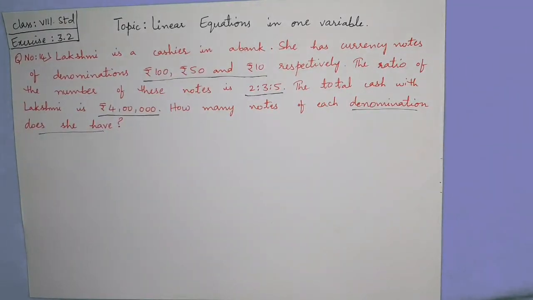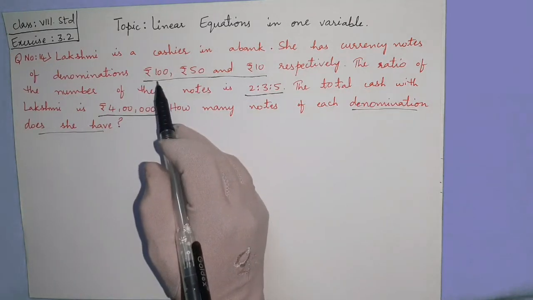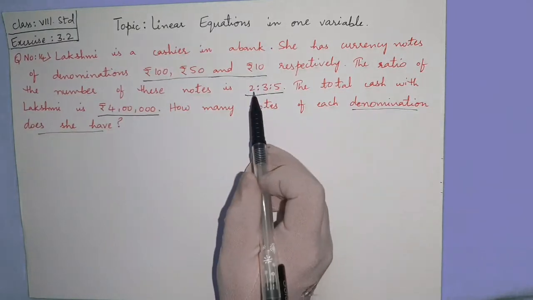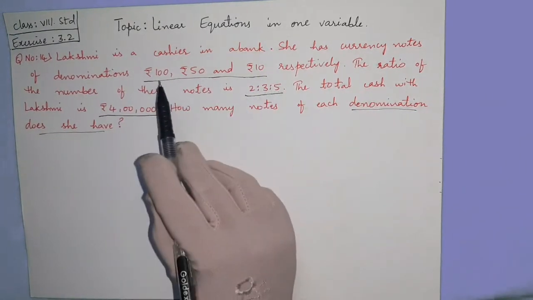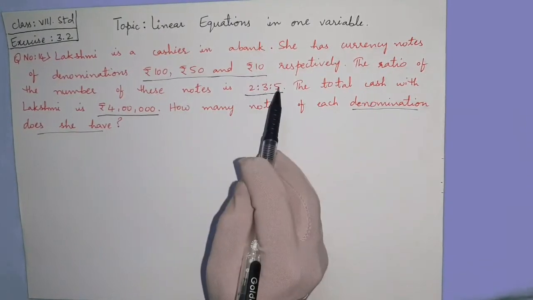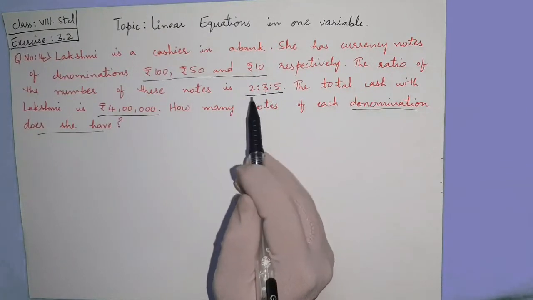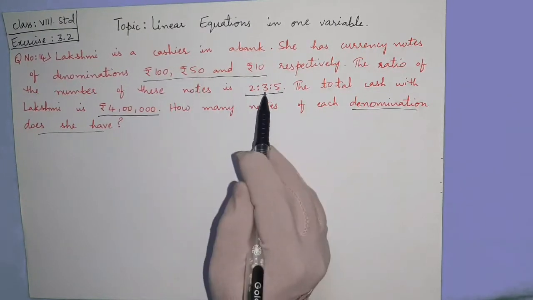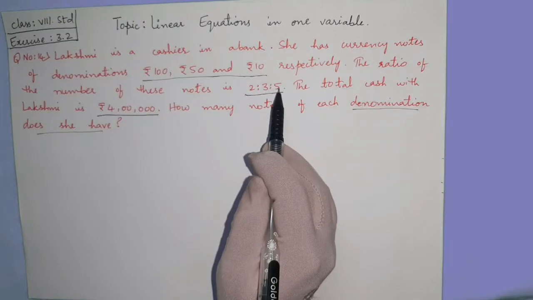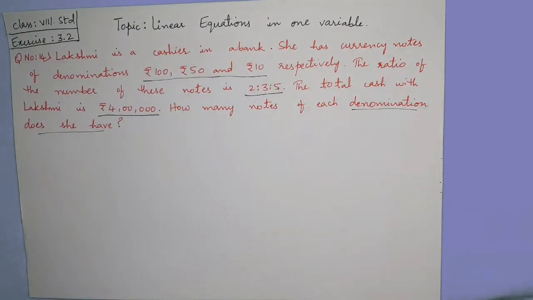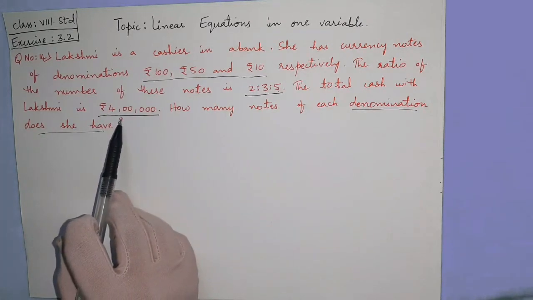So what is given in the particular question? Lakshmi is having currency notes of rupees 100, rupees 50 and rupees 10 and it is in the ratio of 2 is to 3 is to 5. मतलब अगर 100 के notes हैं तो that will be 2, 50 it will be 3 and for 10 it will be 5. And if you are doubling that, so 2 to it will be 4. For अगर 100 के 4 हैं then 50 will be 6 and 10 will be 10 notes. Like that it will be given in the ratio and total she is having the cash as 4 lakh rupees.